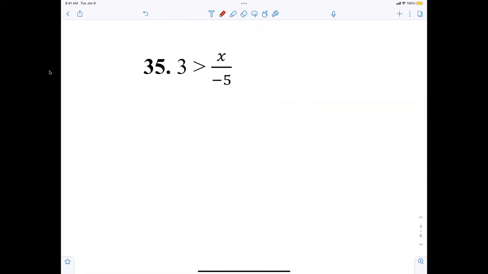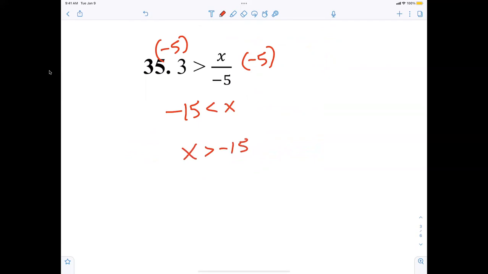You would do the reciprocal, which is negative 5. Yes, ma'am. Thank you. And that would be negative 15 is greater than x. Flip the sign, which would be 15 less than x. Very good. And so x is greater than